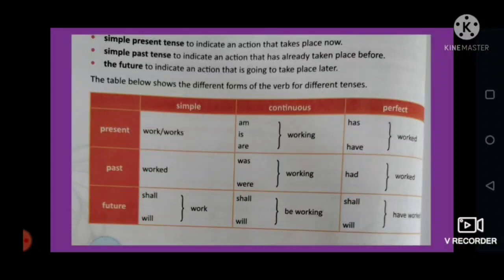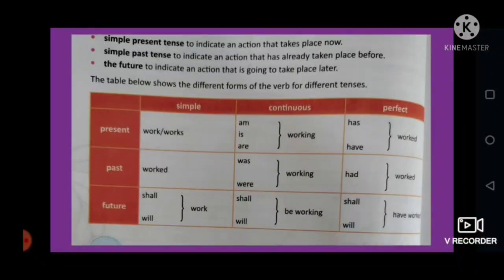Dear children, you must know that a verb in the past tense tells us about an action in the past time, that is earlier. A verb in the present tense tells about an action in the present time, and a future tense verb tells us about an action in the future time, that is later. So through this table we'll come to know how the verbs are used in all the three tenses.